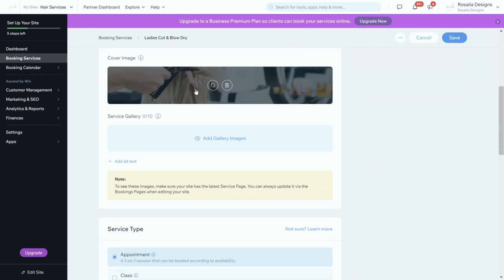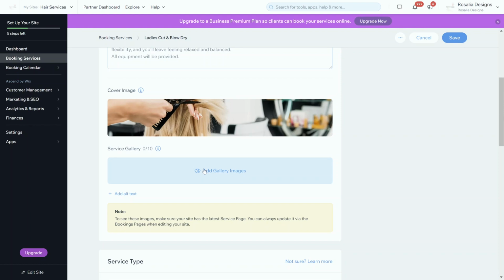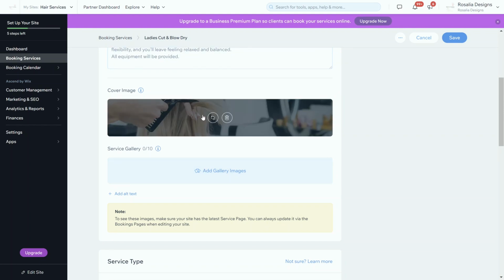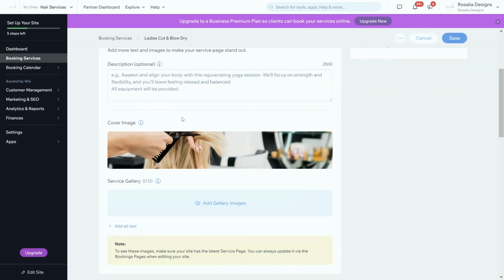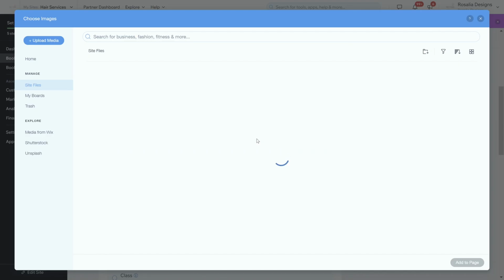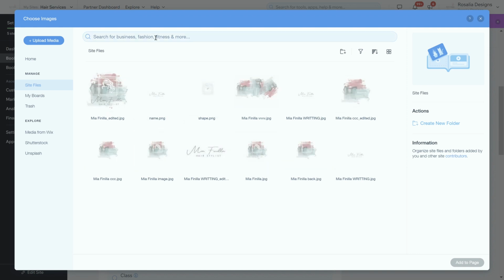Now, if you scroll down, you can see there's a cover image and service gallery. So cover image is just how your image will be presented if the customer or client decides to click the read more button. This will show above all the information of the services. Not only that, the service gallery. So the service gallery is really important if you want to upload examples of what you have done for that particular service of images yourself. So for example, ladies cut and blow dry, you can upload your own images of what you currently have for that particular